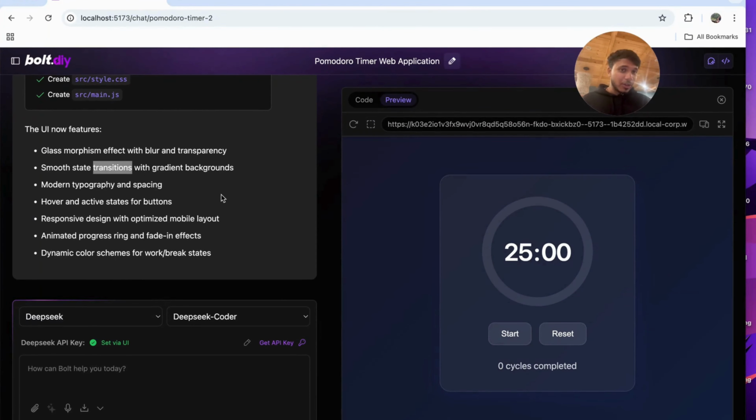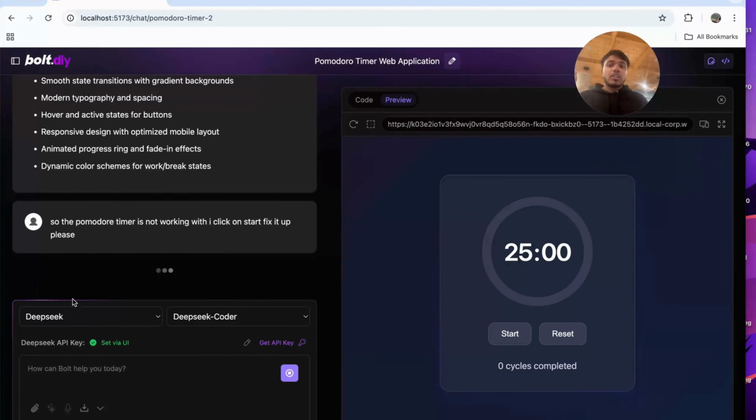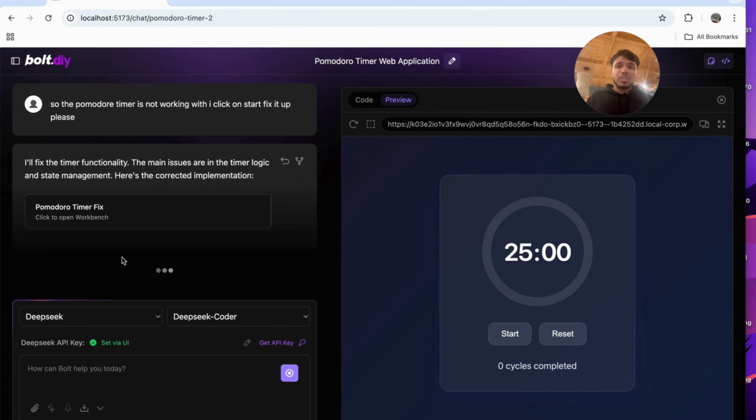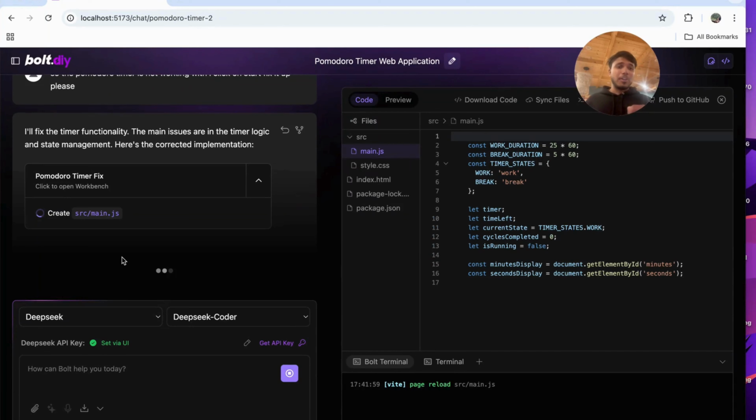Now there are a few things, if something is not working, how to reprompt, right? So what you need to do is, the Pomodoro timer is not working when I click on start, please fix it up. Okay, so I'm again using natural language, which is plain English, to just refine and then iterate and